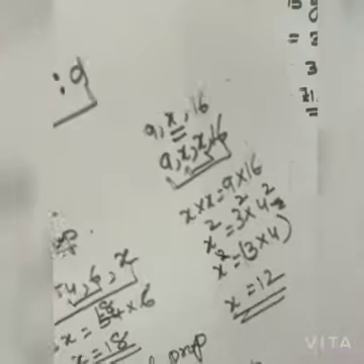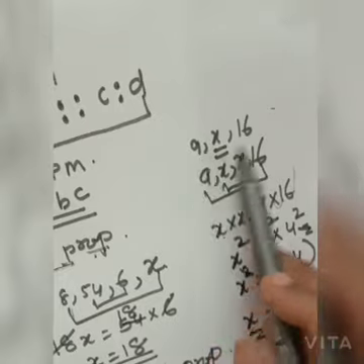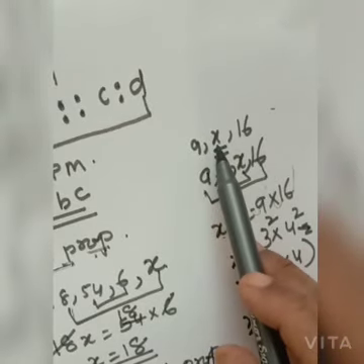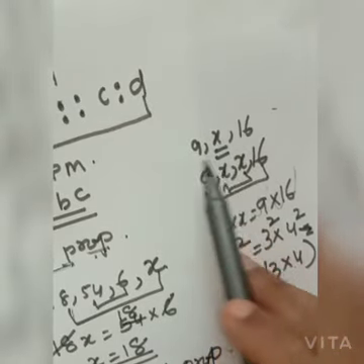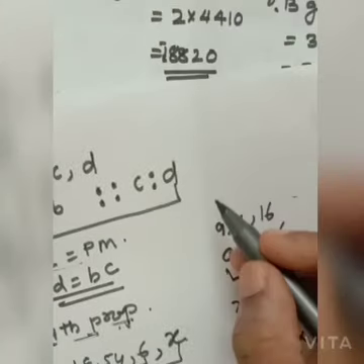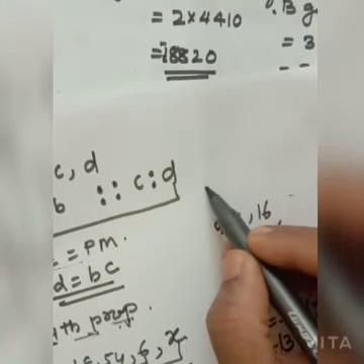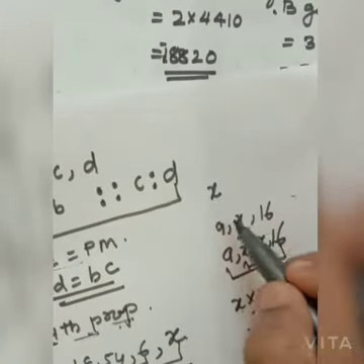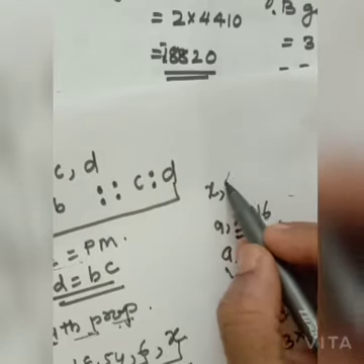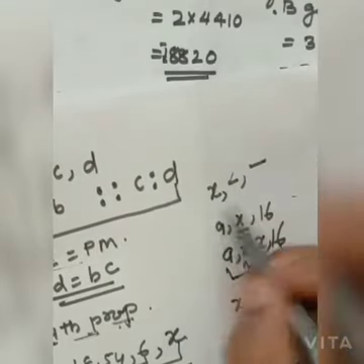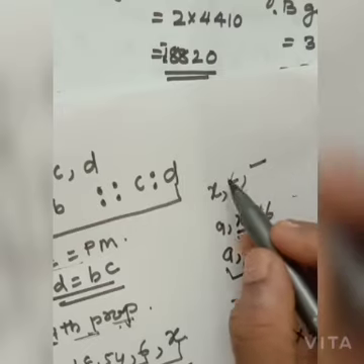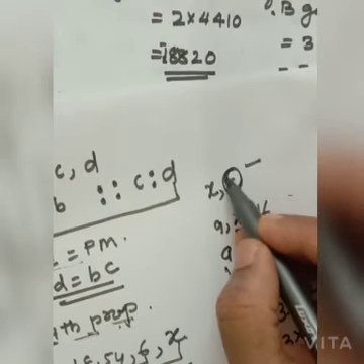Understood? Continued proportion means 3 numbers are there. One number will be x, they will give. Whatever may be the number, suppose it can come as x, first number will be x. Then the other numbers they can give. Only 3 numbers will be there. Then you multiply the middle number 2 times.